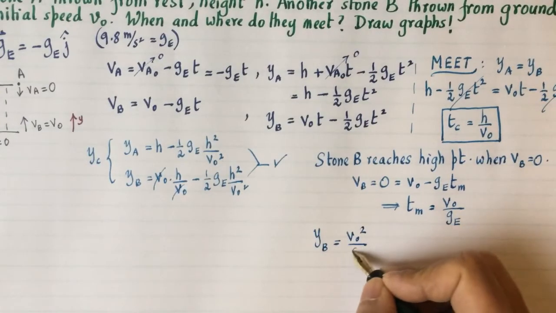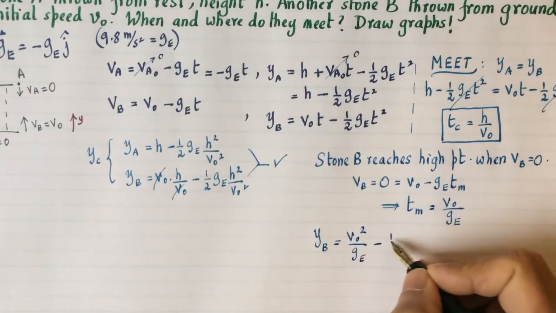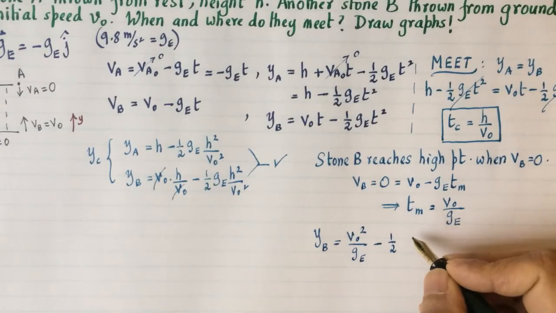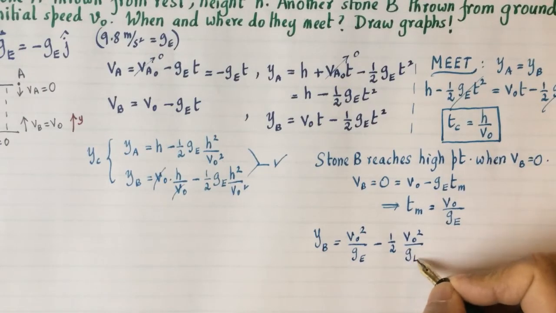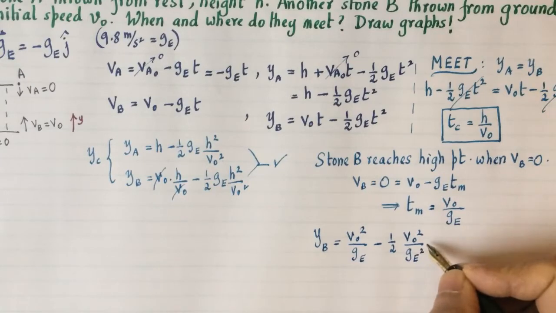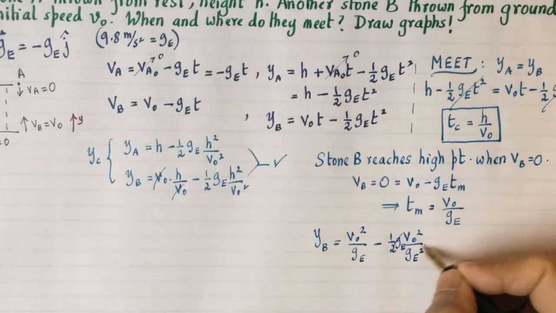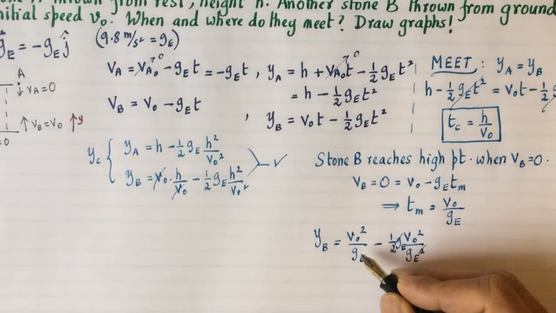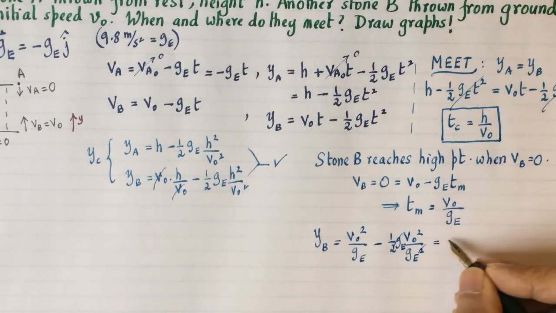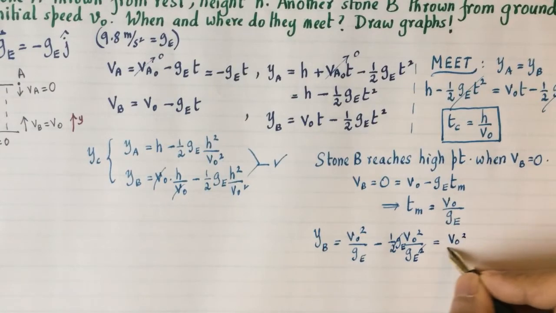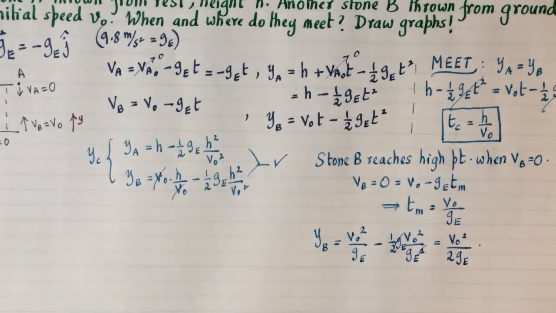So it's going to be v0 squared upon g sub e minus 1/2 v0 squared upon g sub e squared times g sub e. So I get v0 squared over g sub e minus half the same thing. So the answer is v0 squared over 2g sub e. So that's the maximum height